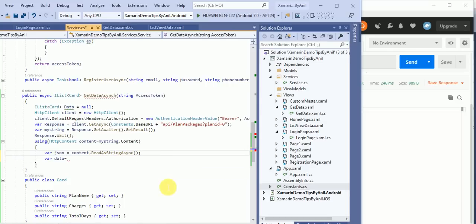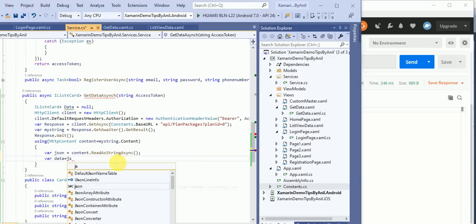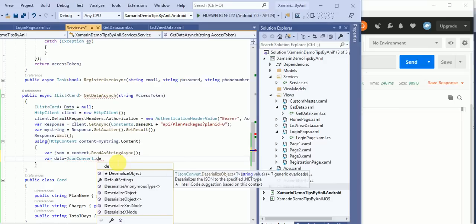Now we will deserialize this data using JsonConvert.Deserialize.